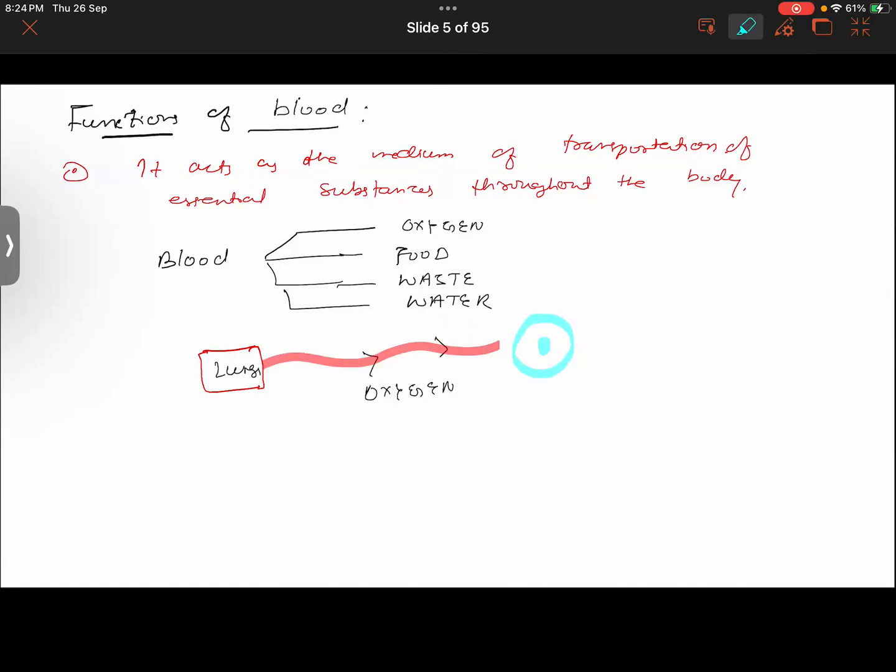Say that this is a cell. So blood will be transporting the oxygen from the lungs to the cells, right? And it will be transporting it to different cells of the body, whether the cells of the stomach, muscles, whatever cell is there in the body, to each and every cell it will be going, except for the